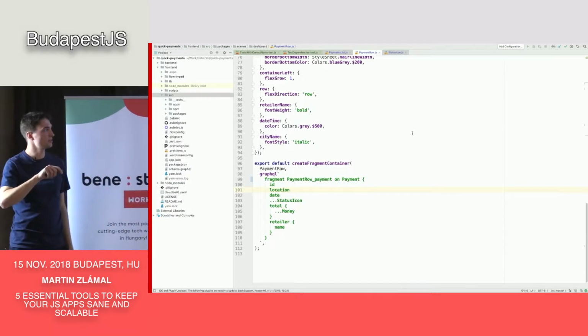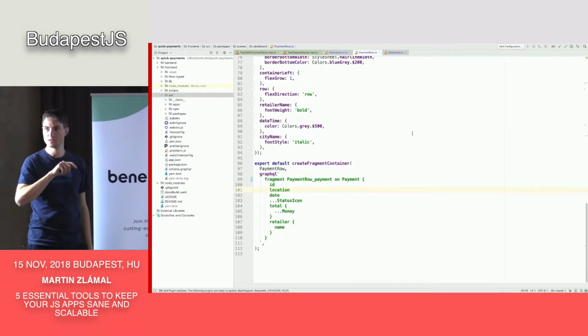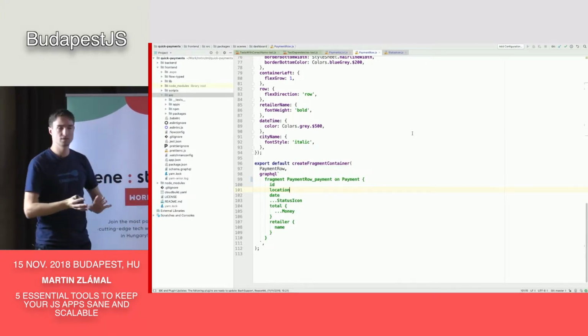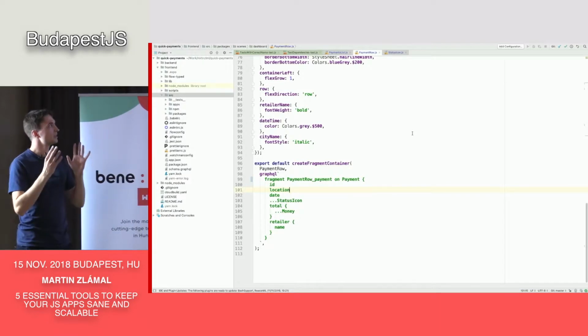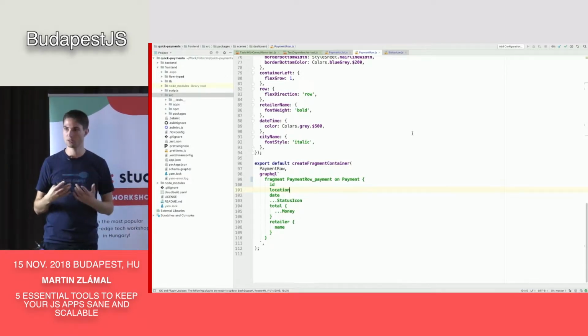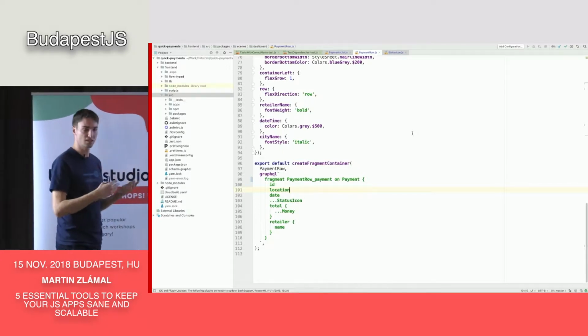I'm just writing here that I'm using status icon somewhere in this file, and I don't really describe what is inside. I don't care about this. So this way I can achieve a really nicely encapsulated component where I describe all the data requirements that are necessary in order to render